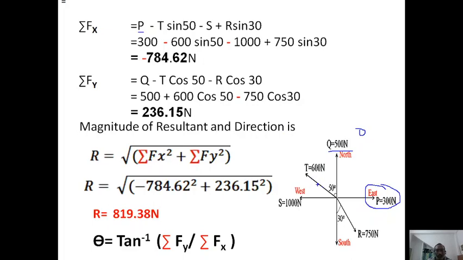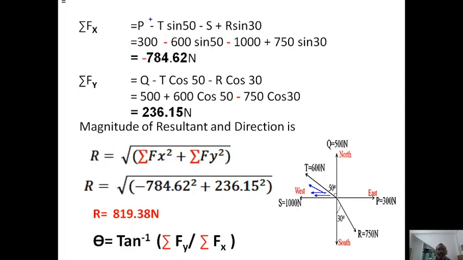So by resolution we get two components in the x and y direction, but due to the direction of the T towards the third quadrant on the pulling side, you will get it in the negative direction of the x-axis. So you see, this would be the direction approaching towards the x-axis. Hence T is showing the negative direction of the x-axis.